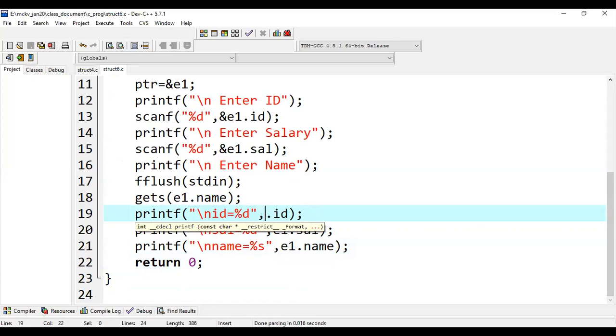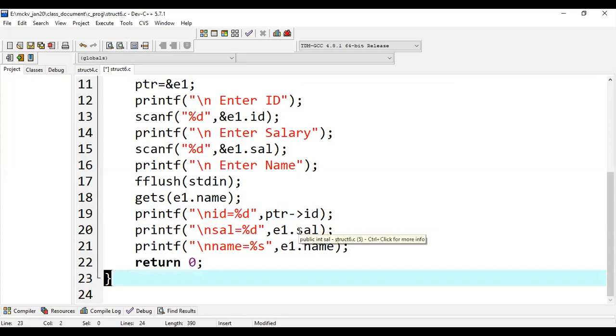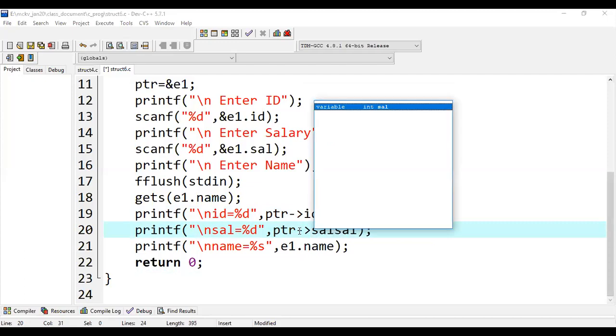But when the pointer is used with a structure variable, we write ptr, because the name of the pointer is ptr, and instead of dot we write this arrow. So ptr->id, ptr->salary,